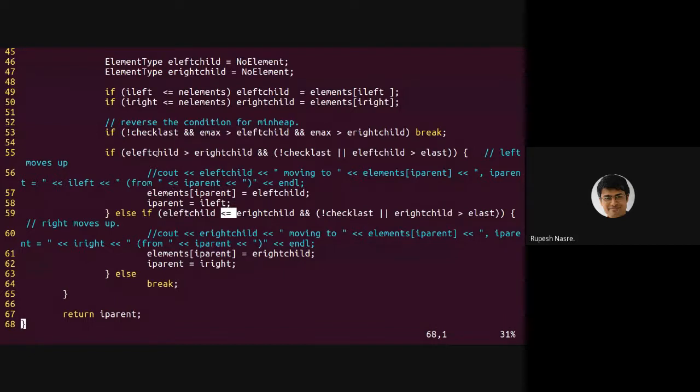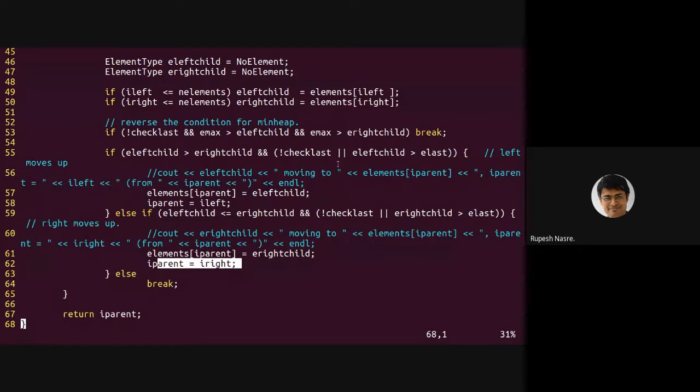So E left child is larger, so E left child should move up to the root, and iParent takes the index of the left child. Otherwise, if it's the right child which is larger, then the right child is going to move up, and its index is going to be used for the next iteration.